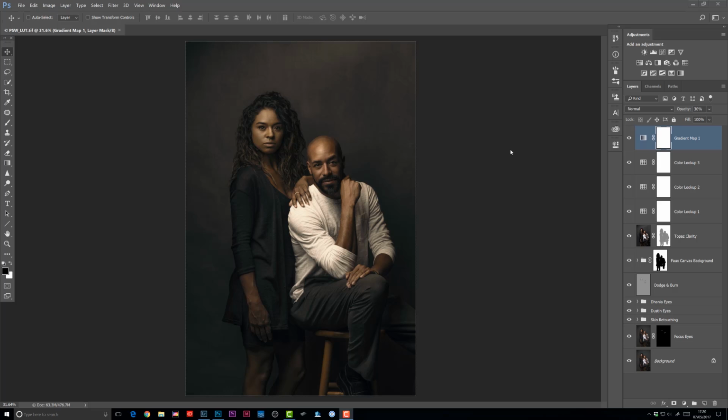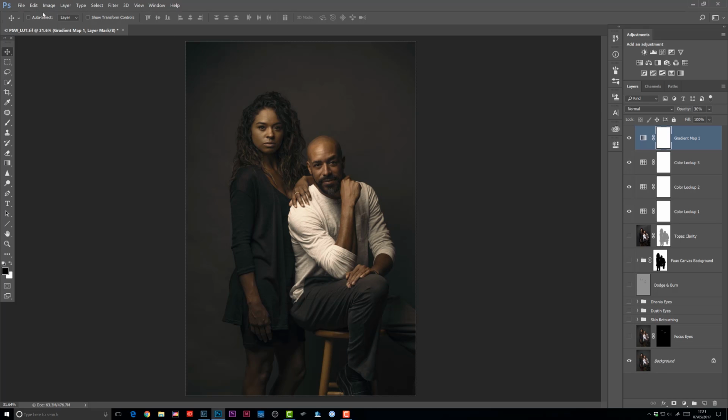On the screen at the moment, you can see a picture that's actually had the color and mood and atmosphere added to it using the several adjustment layers at the top of the layer stack. And if I turn those off, you can see the effect that those are actually having there. Now, if I want to save this particular look and create a one-click effect, what I need to do is leave all those adjustment layers visible, but turn off every other layer in the layer stack except for the background